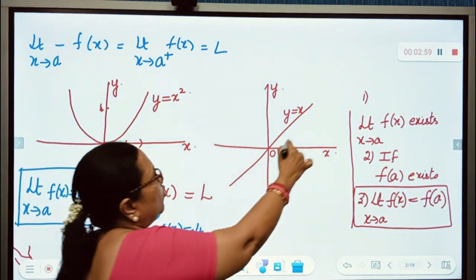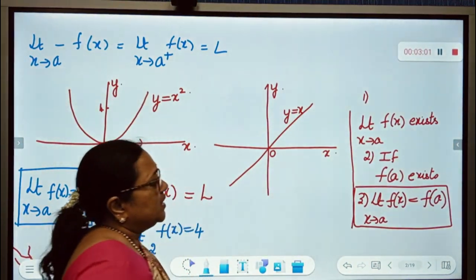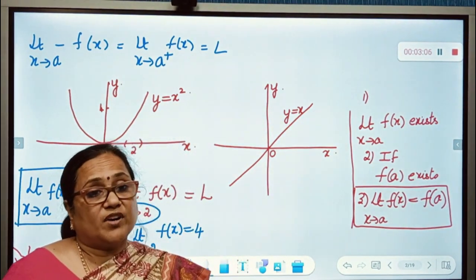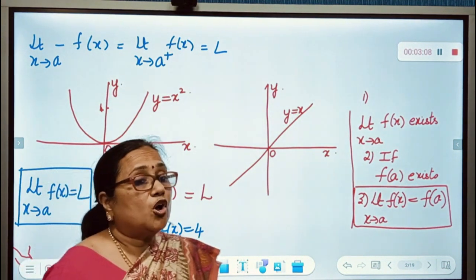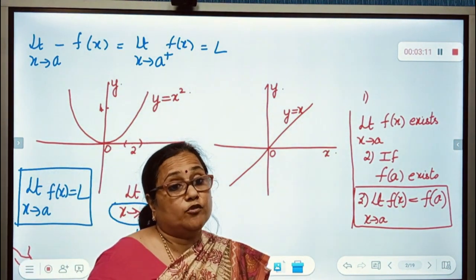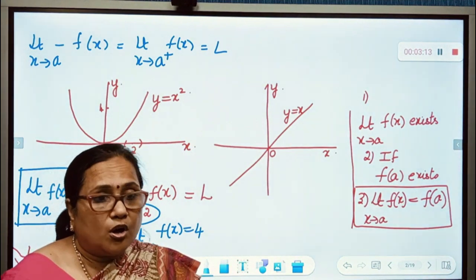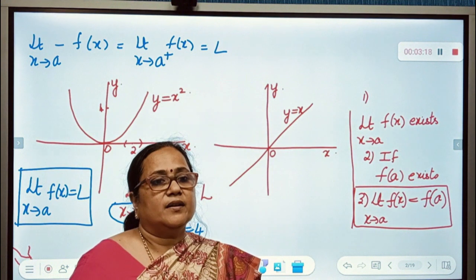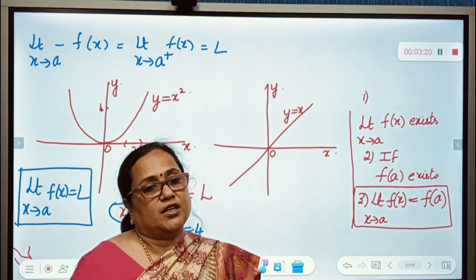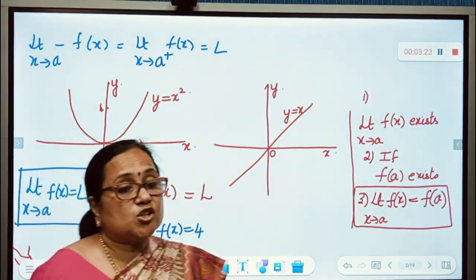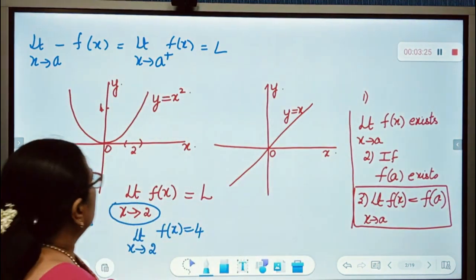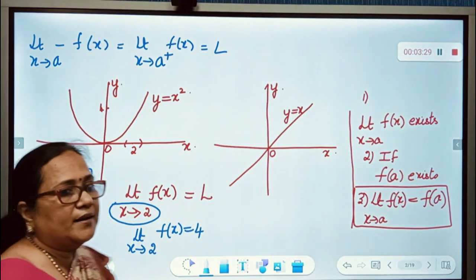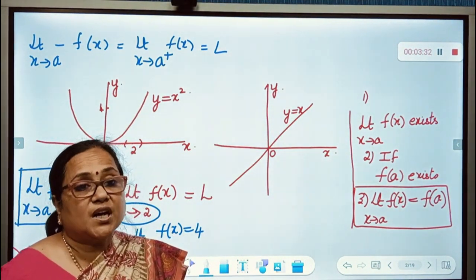Now this is y equal to x square. But since you have already studied about limit, I want to introduce the notion of continuity. First I want you to develop an intuitive notion. If you can draw the graph of a function without lifting your hand, it represents the graph of a continuous function. This is called the intuitive definition. So if I look at this parabola, can I draw this graph without lifting my hand? Yes. Therefore, this is a continuous function.